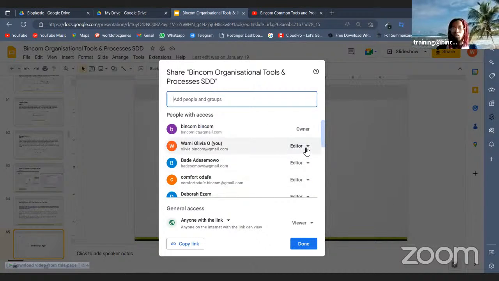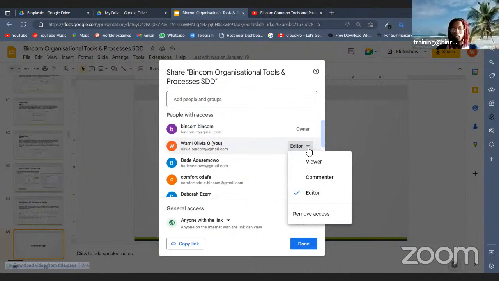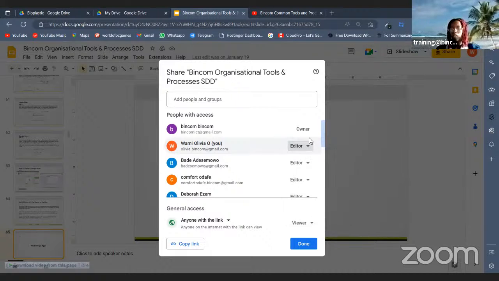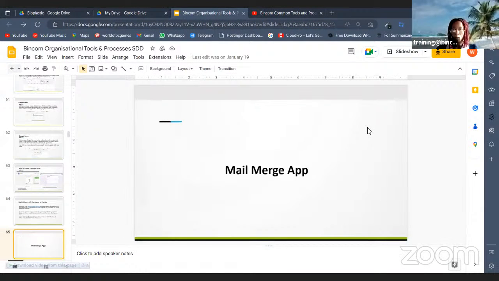And what I'll need to do, I'll need to click on something like this. I'll say transfer ownership, or because this is not my document, that's why it's saying remove access. But if it's my document, I'll say something like transfer ownership. Once I click on this drop down, you just transfer ownership to Bincom ICT. I don't know if you understand.